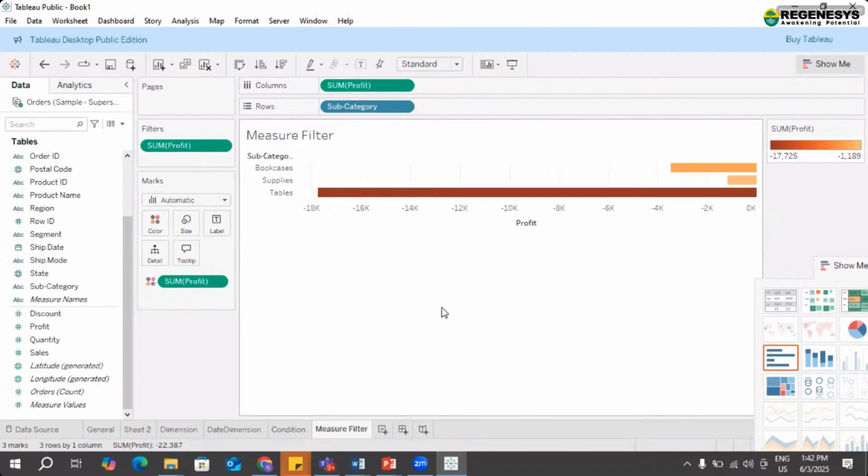Now my measure, which is profit, is now filtered based on the condition which I have applied, based on the range which I have set. It is from the most negative to the zero.